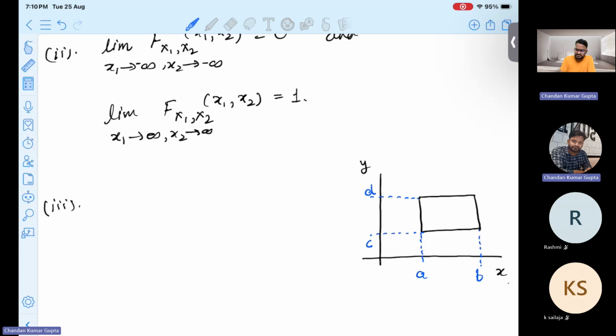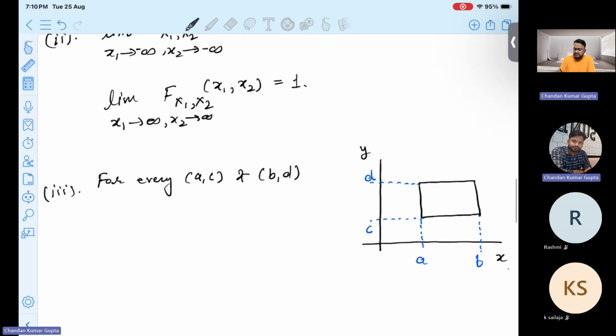Then for every AC and BD, these ordered pairs,